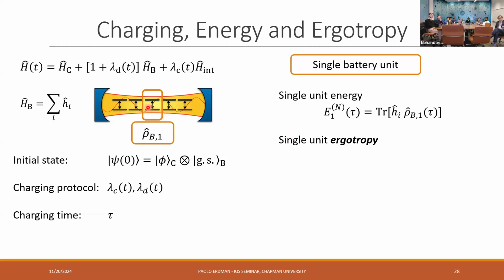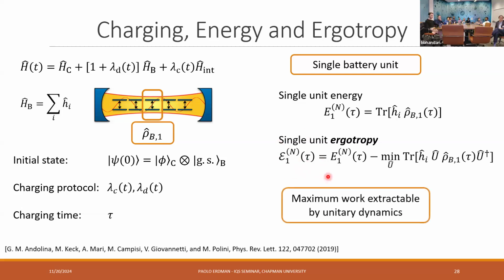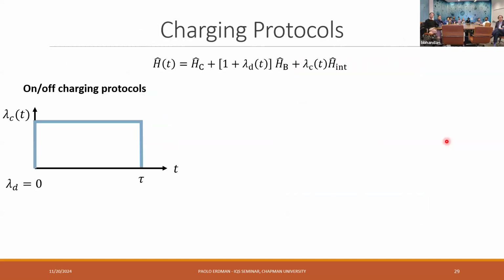So in the same way, if this two-level system is entangled, so if it has correlation with the rest of the system and the state is not pure, you cannot extract all of the energy from it. So what we really optimize, in fact, is this ergotropy that formally is defined in this way as the maximum work that you can extract by doing, let's say, unitary operations that only locally act on this two-level system. Okay, so typically people studied this.